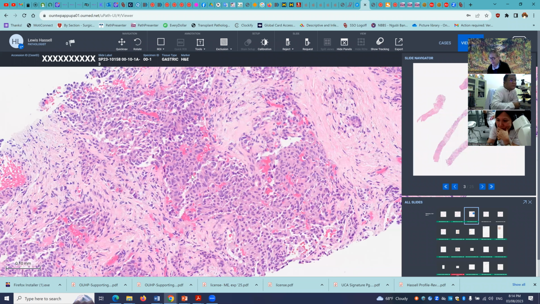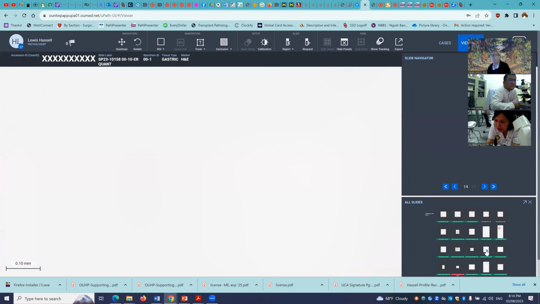And lo and behold, it's ER negative, it's PR negative, it's HER2 negative. And that seemed a little bit unusual to me. And it was also GATA3 negative. So I did a second round of staining, and lo and behold, it did show some positivity here with,